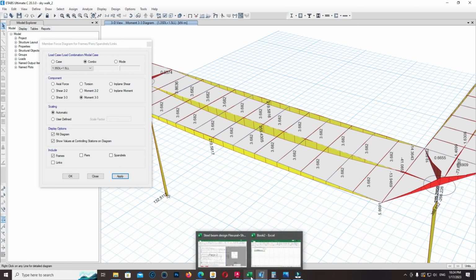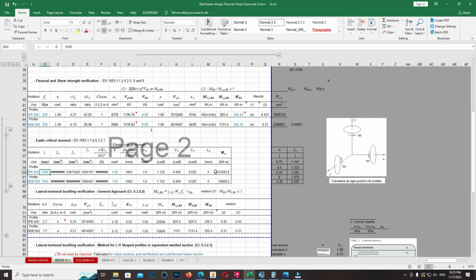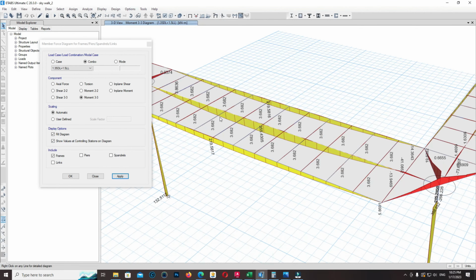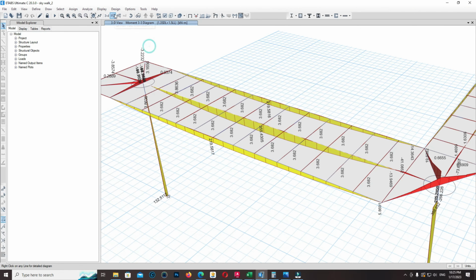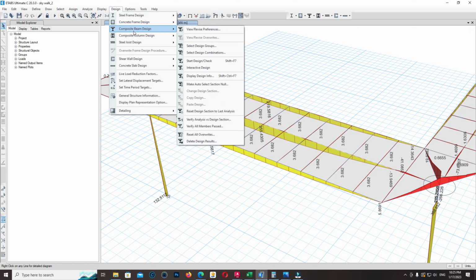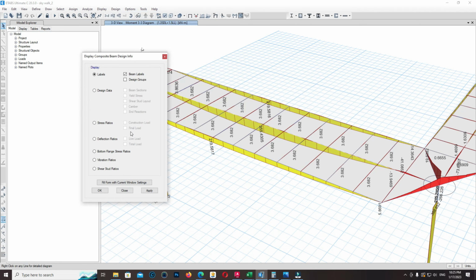Okay, so you see here the design ratio is 0.31. Now let me check with ETABS. Come back to design, composite beam design, display design info. You can check